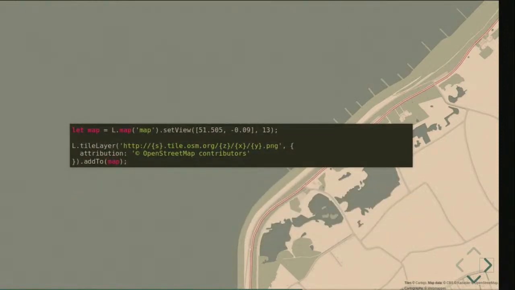How does that look like in code? They told me that you wanted to see code. So there you go. You just make a Leaflet map instance. You put the center coordinates of your initial view in it and the initial zoom level. And then you provide a tile layer. So here you can see that URL again with the Z, with X and Y parameters. You have some attribution, which is always like the little stuff on the bottom of the map. And then you add that to your map instance. And this is actually everything you need. And the Leaflet library, of course, to have a little map on your website.